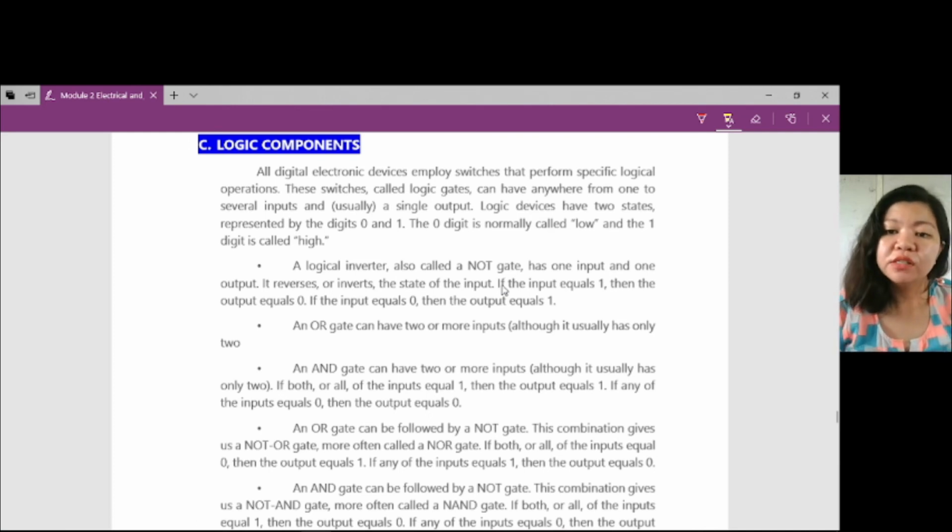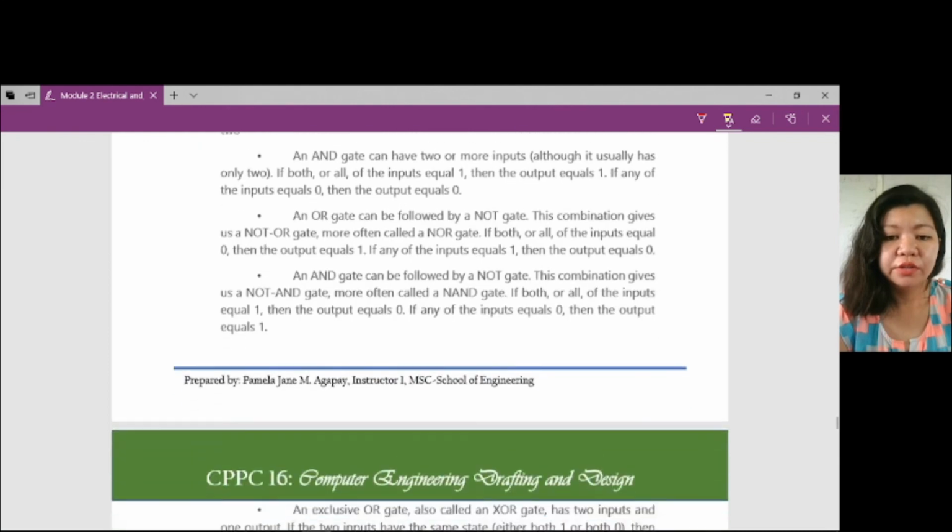So logic devices have two states represented by 0 and 1. So 0 is low and 1 is high. You can also state it as high, up, as on and off. So if it's low, it is off. If it's high, it's on. So we have